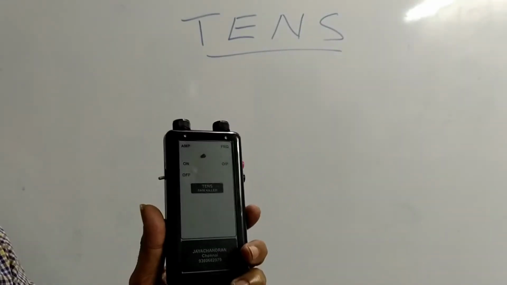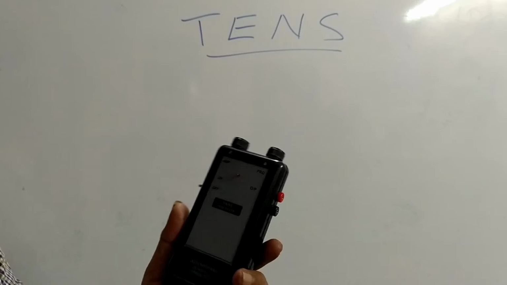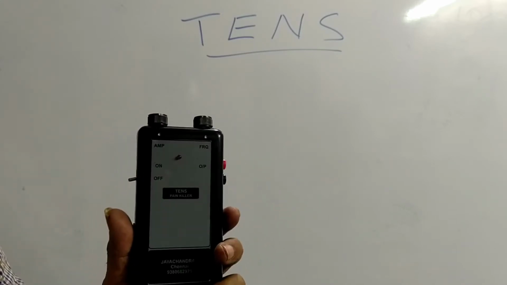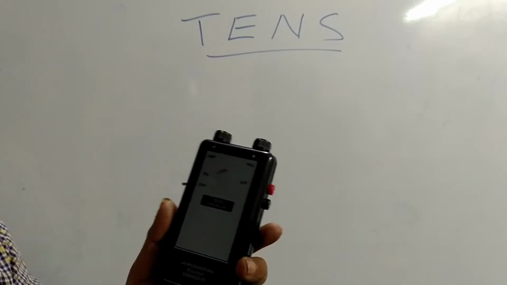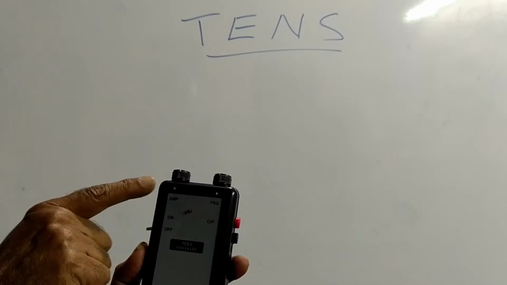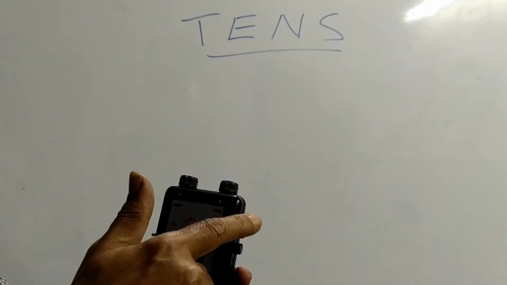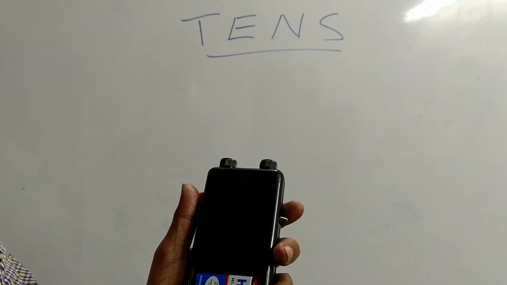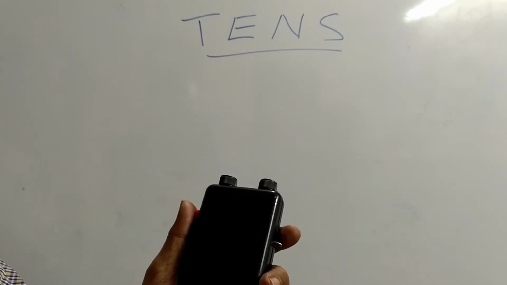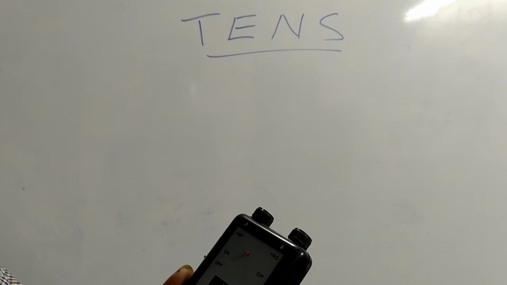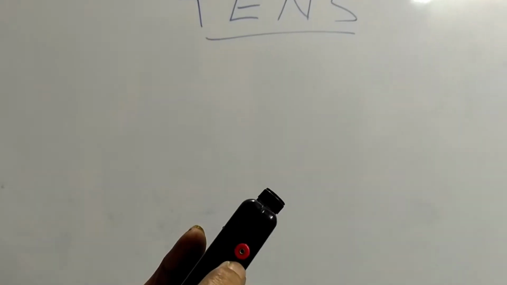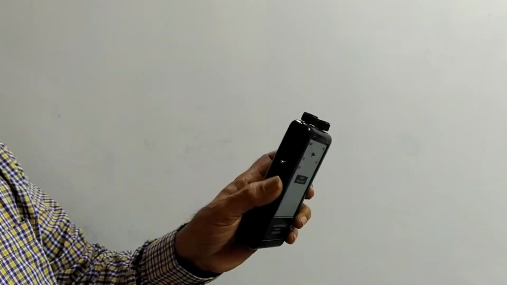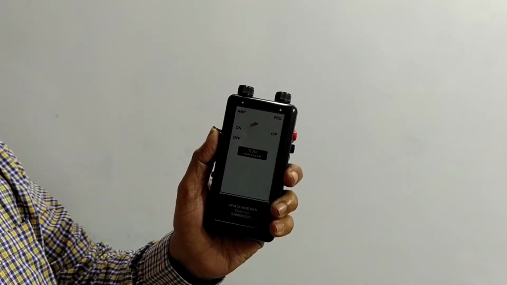This is a pocket TENS. This was manufactured by me long back. This is the portable pocket TENS. This is a consumable product. It has controls, amplitude and frequency. This is the on-off switch. It works on a 9 volt battery. So these are two outputs. When you switch it on, you see the pulsation.